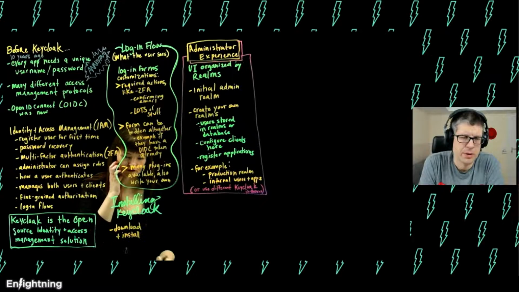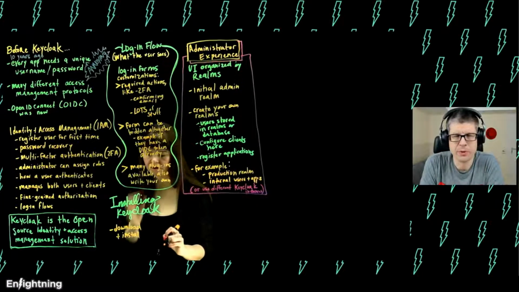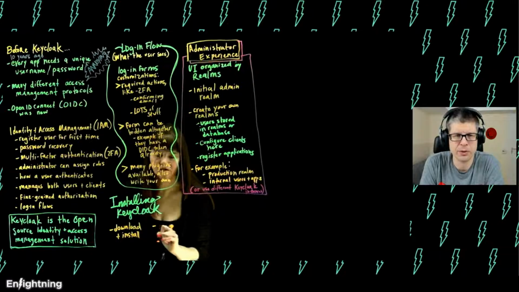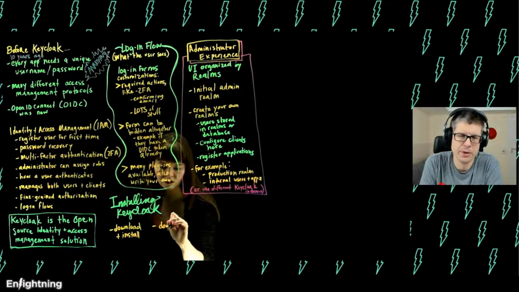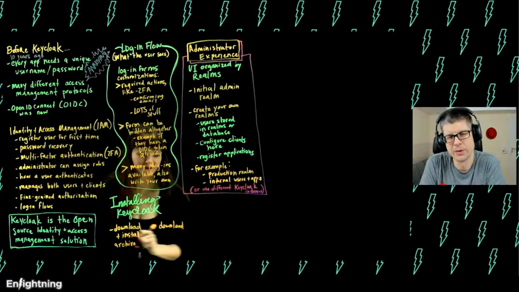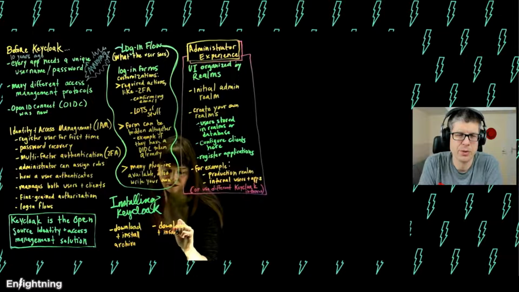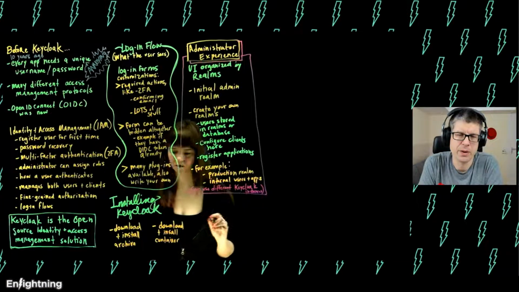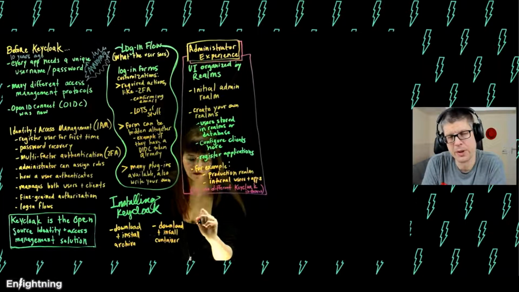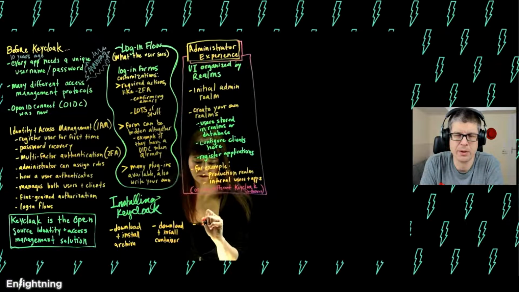Or you use a container. It's also the same with the container. You download a container. If you need some kind of container runtime, be it Docker or Podman, and give it a start, that's also possible. And of course, we are a CNCF project, so you can also run it in Kubernetes, both as a container and choose your way to install it there. But there's also a Keycloak operator. You need to install the Keycloak operator, and this then manages all the resources that you would need to run Keycloak.